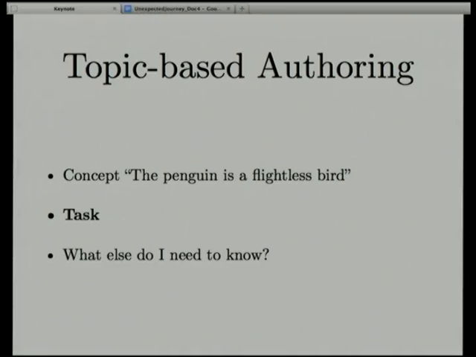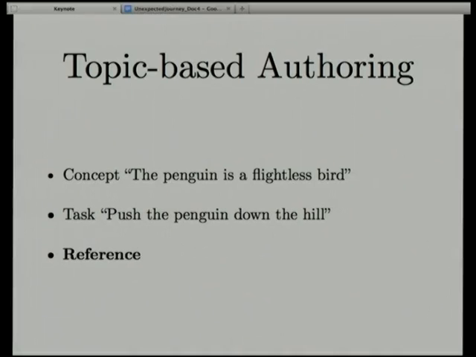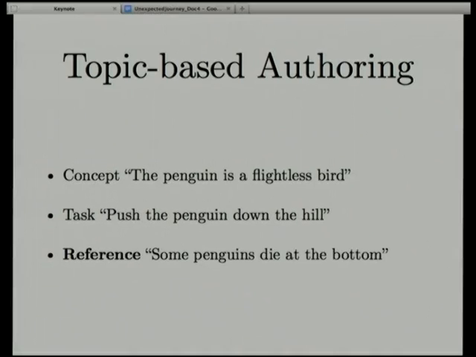So how do I do it? This is a task. This is quite often a set of steps. My example here is that it's an action. This is something that the user has to do. And finally, what else do I need to know? This is a piece of reference information. Quite often this is a table. Tables are used a lot in reference information, and a really good example is error codes. If you've got a list of error codes for your program, stick it in a table, pop it in the end, and this is reference information.